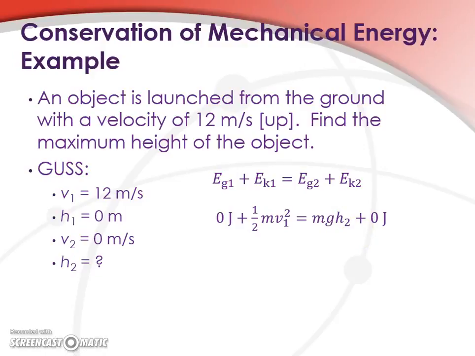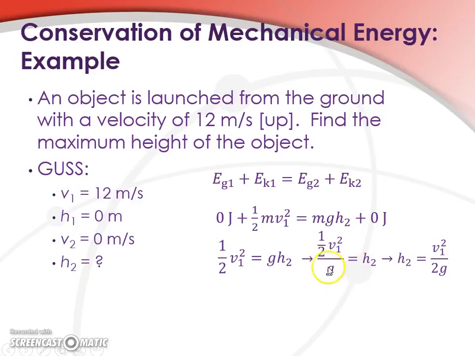So we find something interesting here, right? We don't have a mass. So how do we solve for this? Well, we have to recognize that the mass term is contained in both expressions, and so we can divide by mass without changing the truth of this equation at all. And after we do that, we get 1/2 v1 squared equals g h2. And of course we're solving for h2, so we need to isolate for it. So we divide both sides by g,